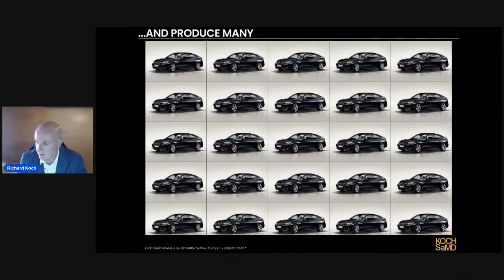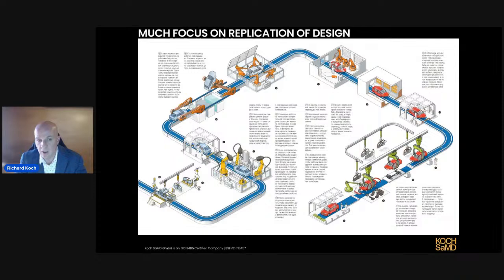So you design once, produce many, and there's a lot of focus on replication of that design in manufacturing. Every individual unit has to comply to the design. So that's a very quick overview of traditional product design, development and manufacturing.